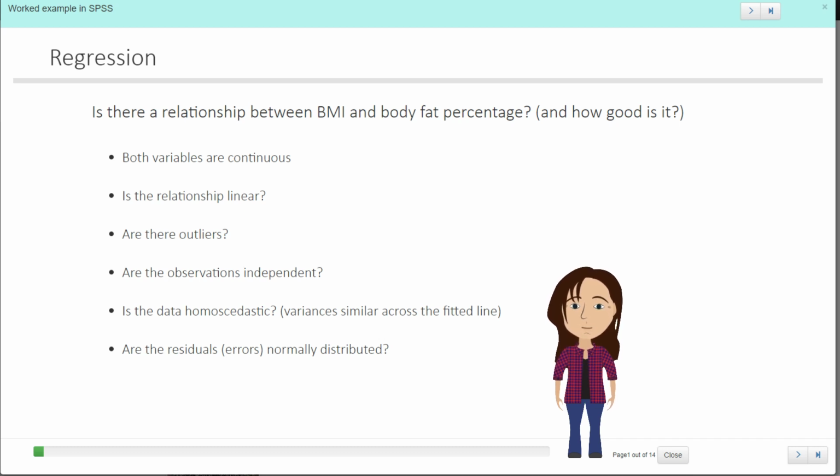I'm going to take a look at how we would run a quick regression analysis in SPSS. This is not an in-depth look, and I'm not going to look at the residuals. This is just a getting started video. Anyone that wants to take it further, you'll need some more information, but we're not covering it in depth in